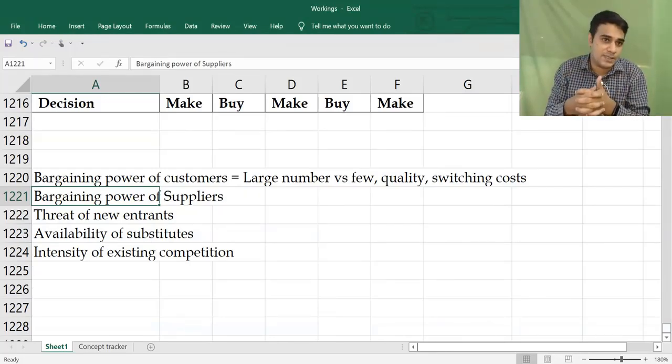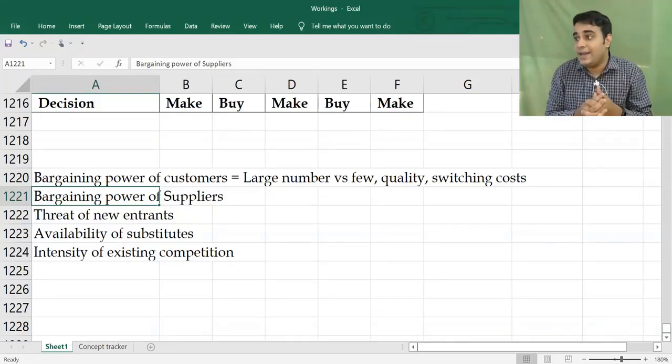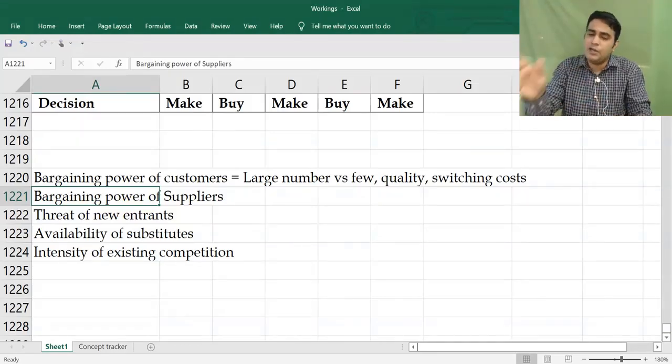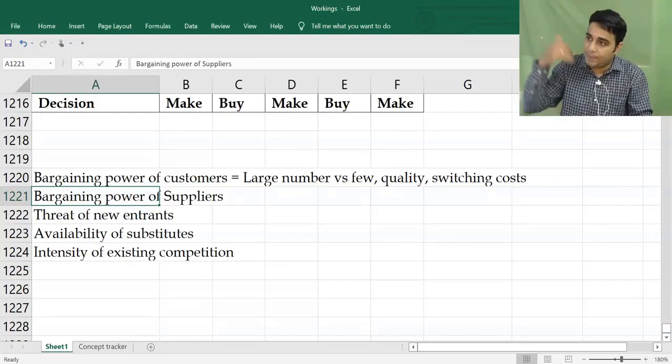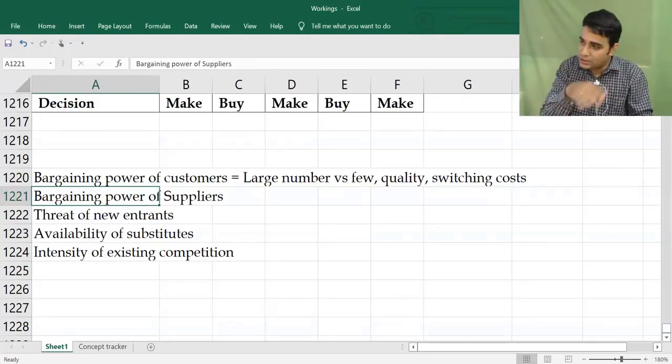Whenever you are trying to switch supplier, there is an initial cost you may have to incur. So are there extra switching costs which you are going to incur? Availability of substitutes, all those points will come into picture. I am not saying no to it. If you have more suppliers, if you have substitutes, all those indirectly will influence your customer,